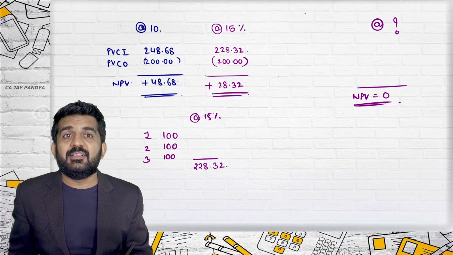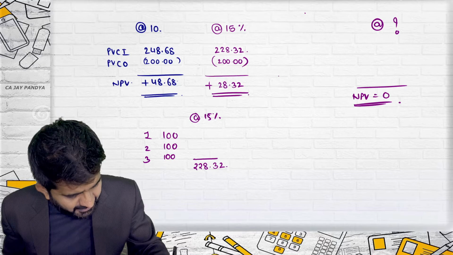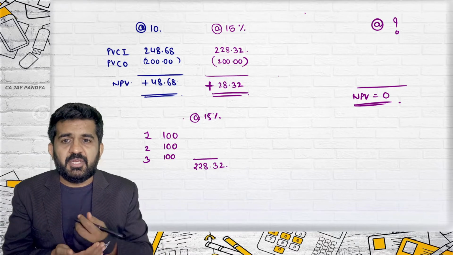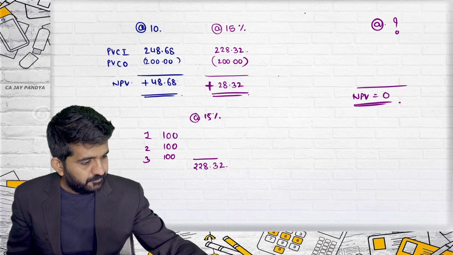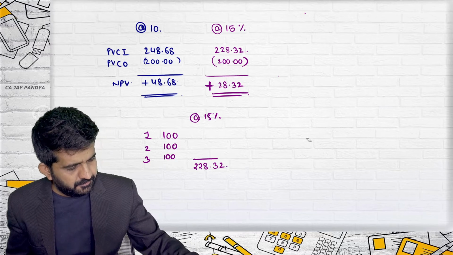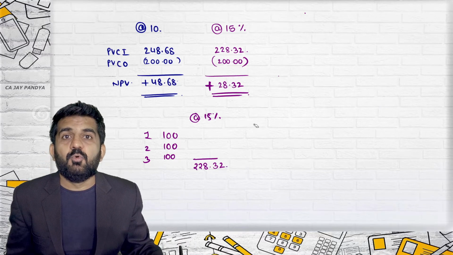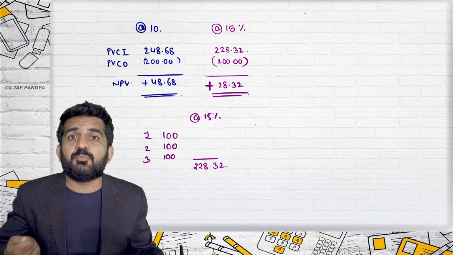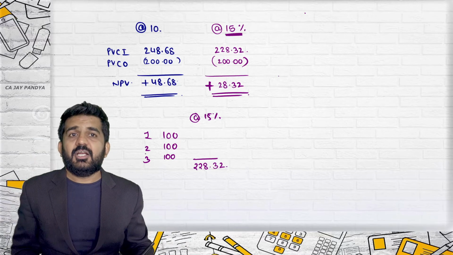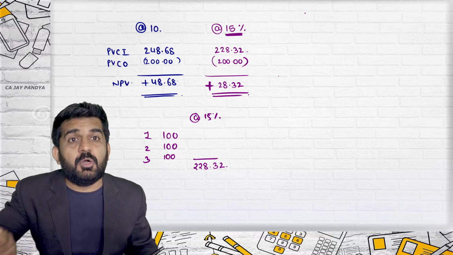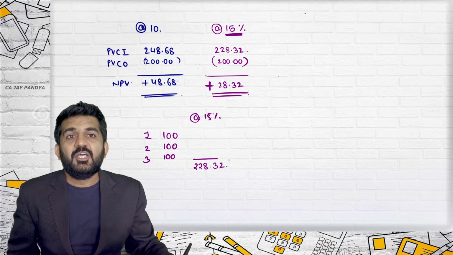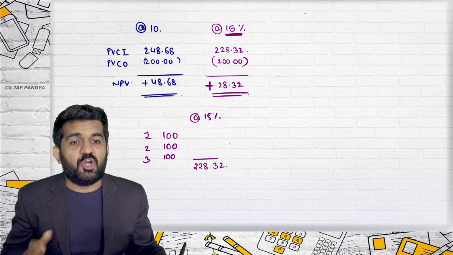But believe me, still this is not a useless calculation. What is my answer? Positive. What does it mean, Darshita? Is my project earning more than 15% or less than 15%? More than 15%. Anywhere when NPV is positive, the project is earning more than your discount rate, the rate at which you have discounted. Alright, so at 15%, I have not got the correct answer.